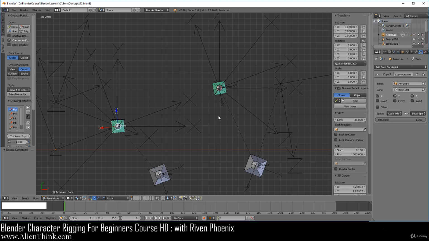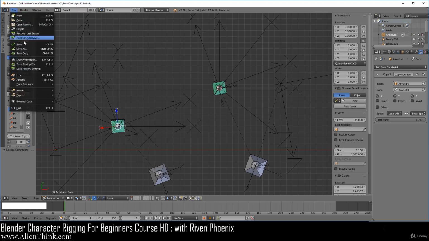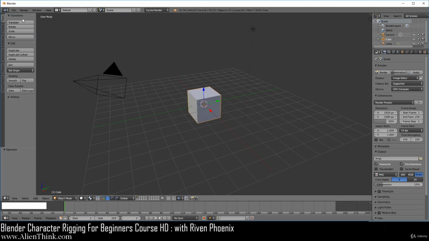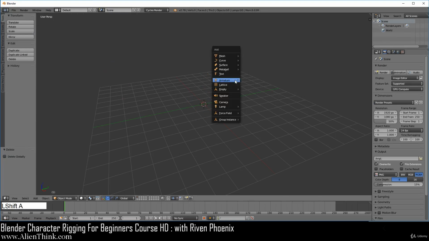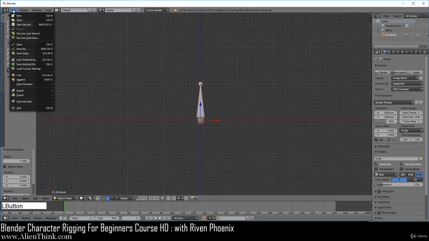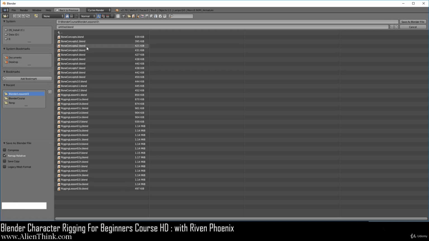Okay, now let's go ahead and do file and save. Now we're going to do file, new, do reload startup file. Going to press the A key to select everything, do X and delete, do Shift A. We're going to add an armature with a single bone, press the 1 key, press the 5 key, go ahead and zoom in. We're going to save this file, save as, and let's save this as bone concepts